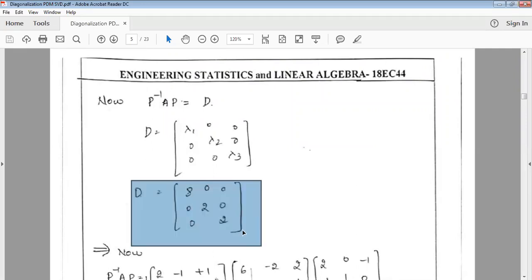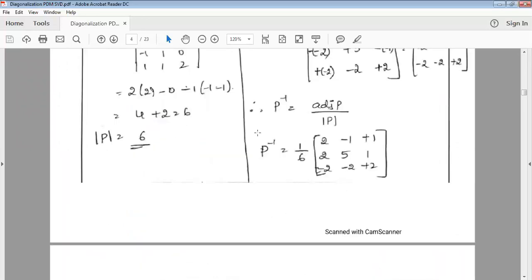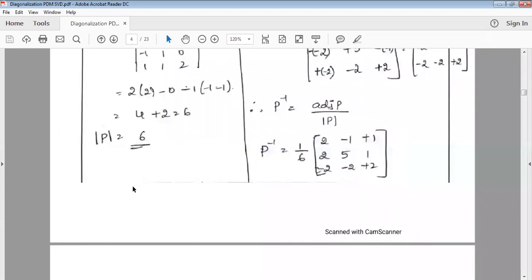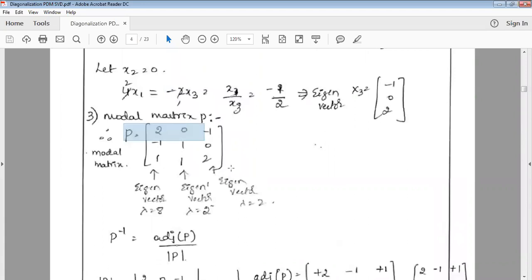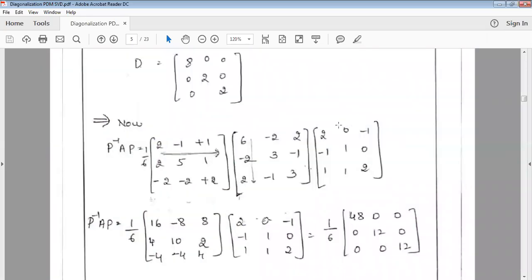Right? Now, for that, we are going to use the equation P inverse A into P. So we already have the value of P inverse, which we found here using the cofactor matrix. And then we have the value of A, because this is the matrix which is given to us. And then we have the value of P, which is the modal matrix, which we found here. This is a combination of eigenvectors corresponding to each eigenvalue placed as columns. Right? So you have the value of all the three matrices, and so I have written the matrices in this form on the right hand side, and then you just start multiplying them.